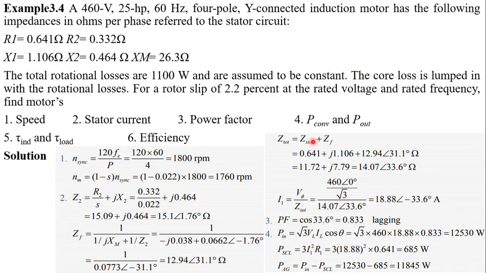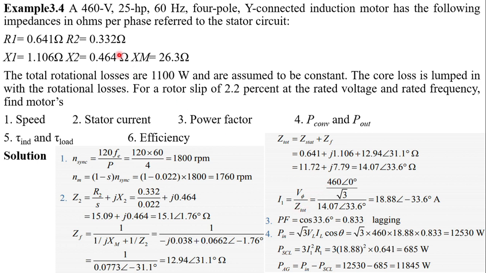Now R1, which means 0.4641 plus jX1 1.106 plus 12.94 at an angle of this, which means this is ZF. Now we can get, after that, we can get 40.07 at an angle of 33.6. Now we have already calculated the total impedance and the line voltage is already given. We can get that the stator current is equal to phase voltage over total impedance,